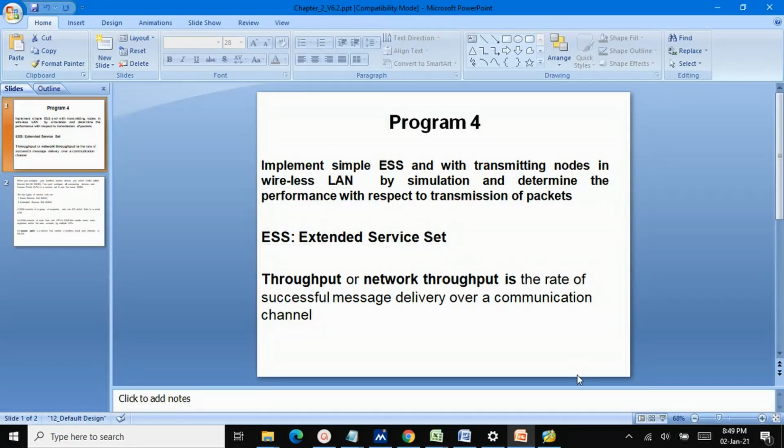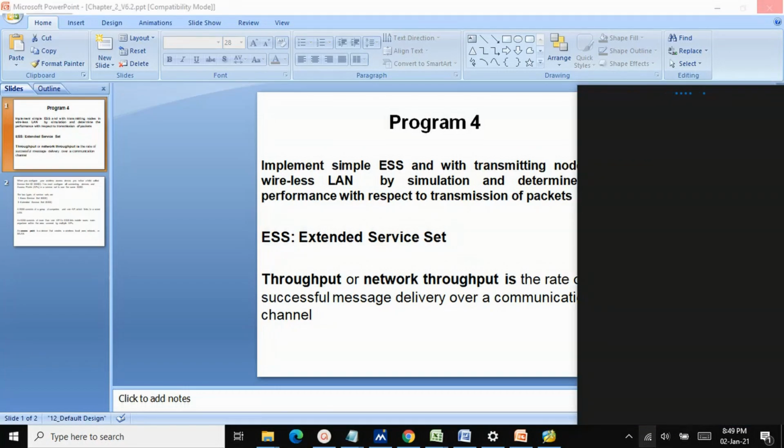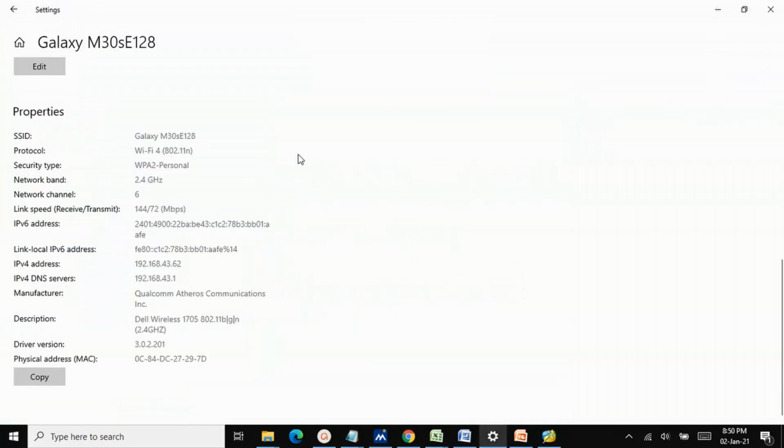For example, I'll just show you here in my laptop how I have connected to Wi-Fi. I have connected it through my phone, right? I'll just go to the properties. You can check the same thing in your phone also.